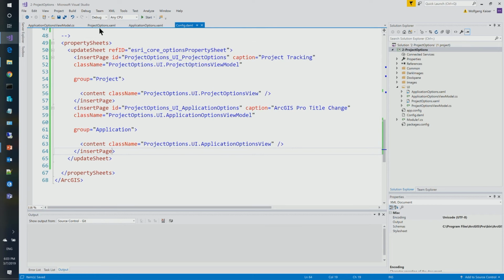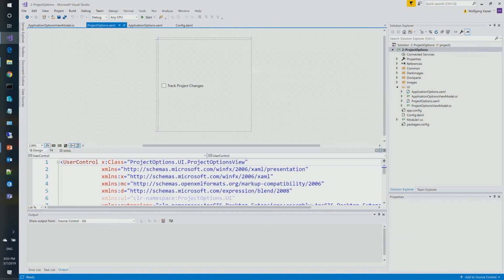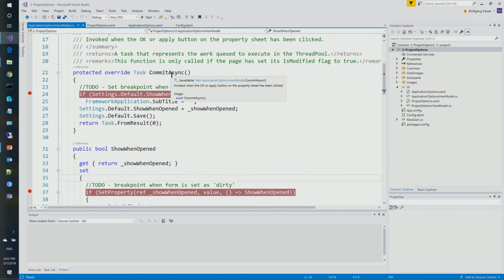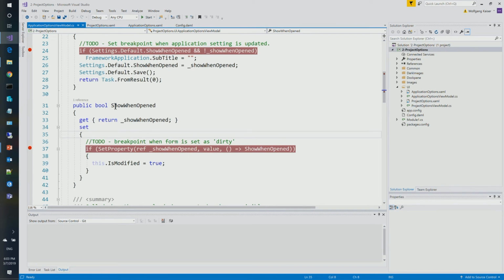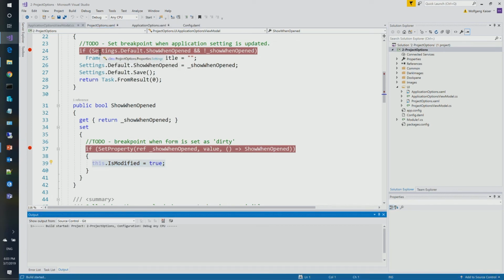Now let's look at the code behind real quick. I have the project options. This is what I generate, just the checkbox application options, what I checked here. And then for the commit async and the set property where I update the is modified flag, I have some breakpoints. So when we run this,